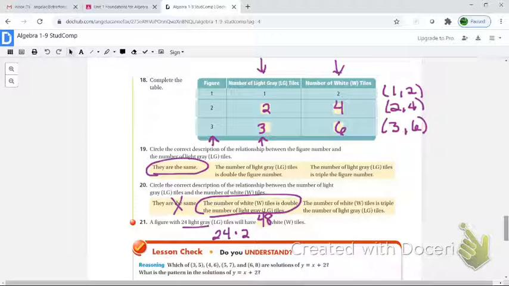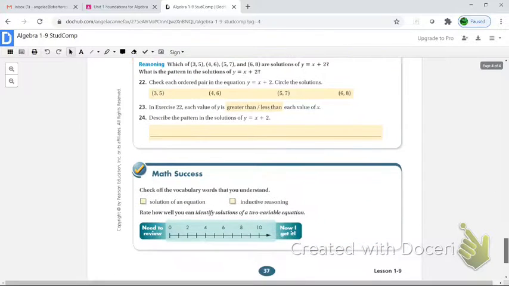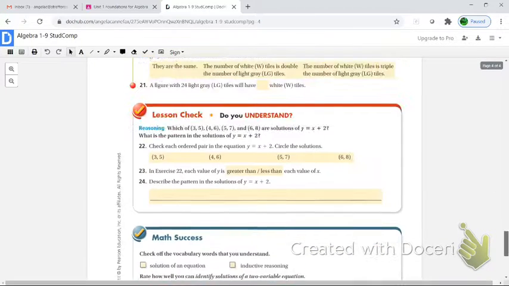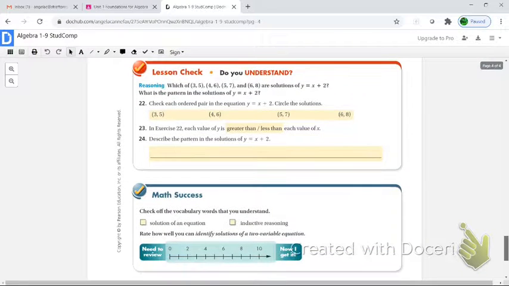All right. Now we're going to shift gears a little bit and kind of go back to where we started. And they're going to give us an equation. And we are going to see if those are solutions. Okay, so basically it says that the equation is y equals x plus 2. So that means that for every x we add 2 and we get y. So basically we want to know, is